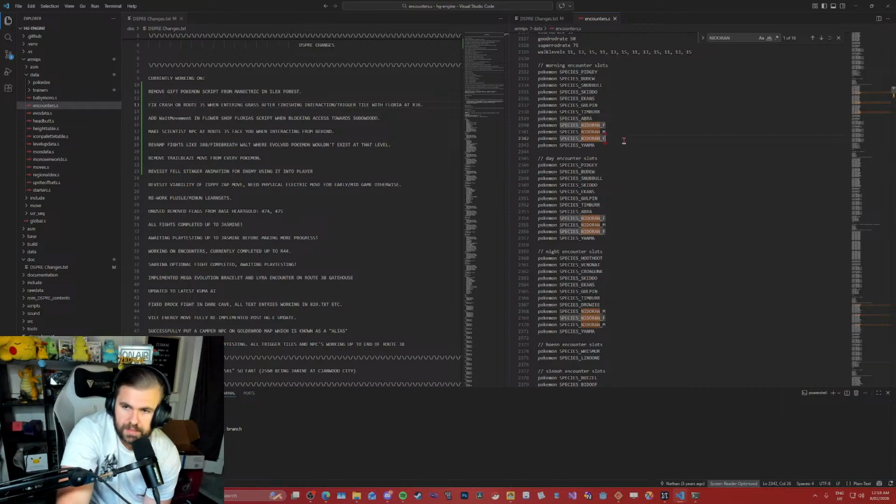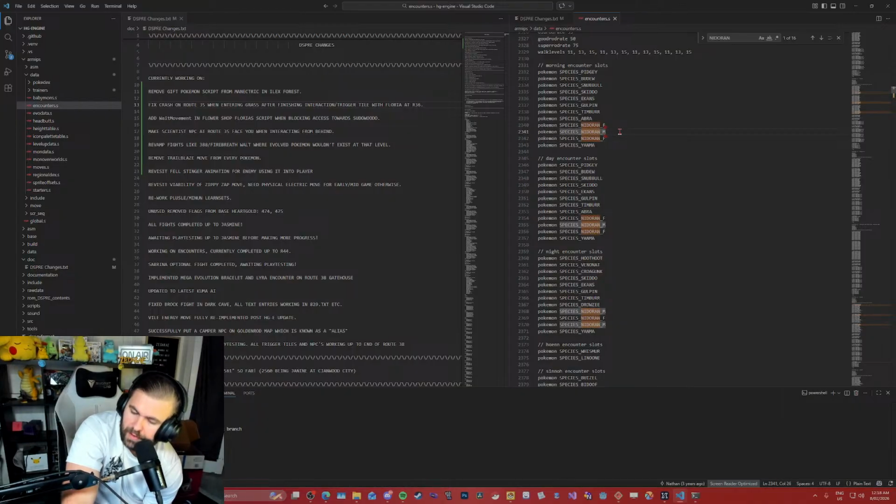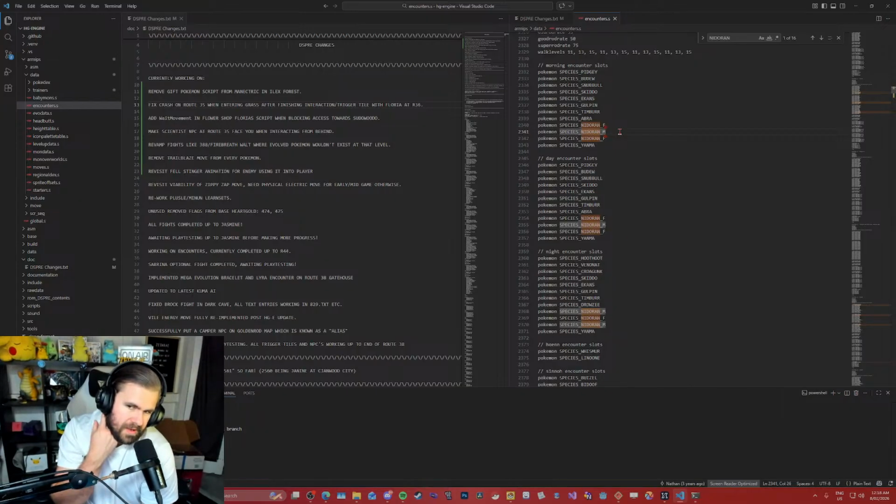I thought it was something easy like the encounter pulls wrong, but I've gone there before I do that trigger tile, and every single Pokemon is fine. They all appear in the grass. The Nidorans, Yama, Abra, all of them, they all appear. Oh, hold up, though.